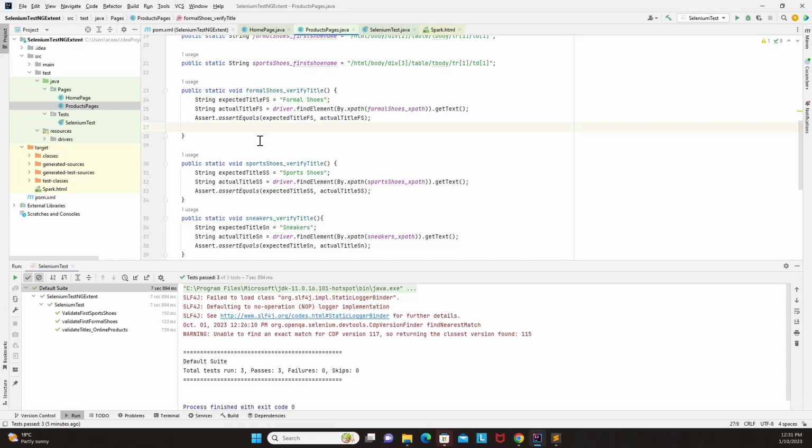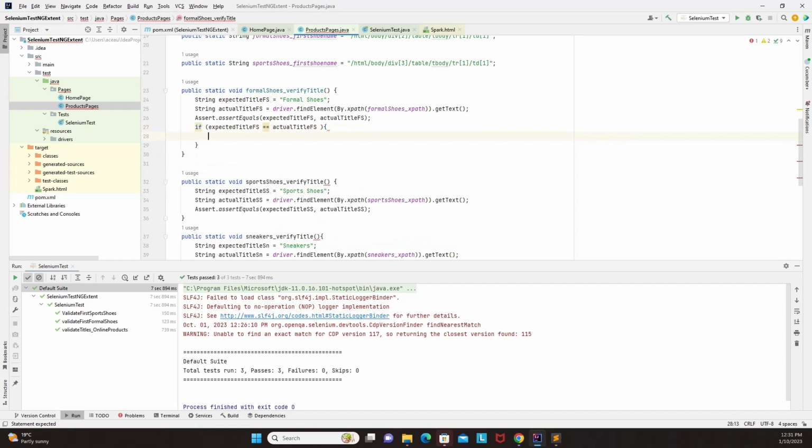Now what I can do is add an if statement, and with the if statement we are verifying the expected titles, that is, the formal shoes title is meeting the actual title. Okay, now if expected title equals actual title, I'll open up brackets. Now I have put an if condition. If both the expected title of the formal shoes and the actual match, then what we have to do is